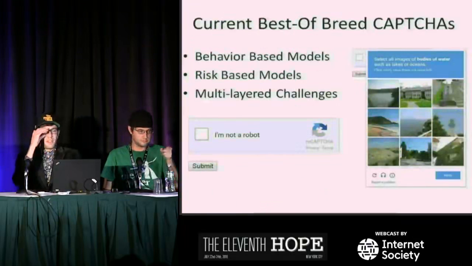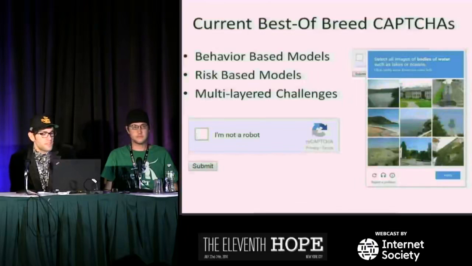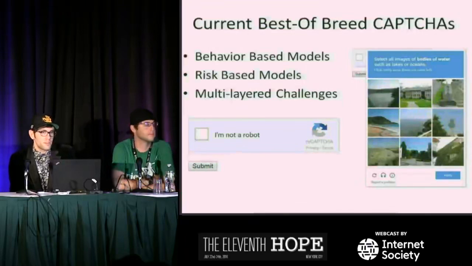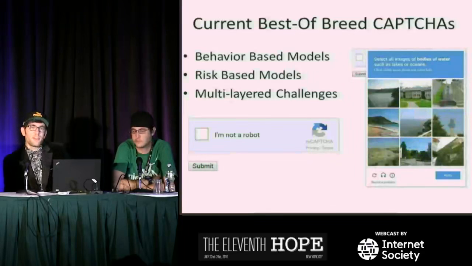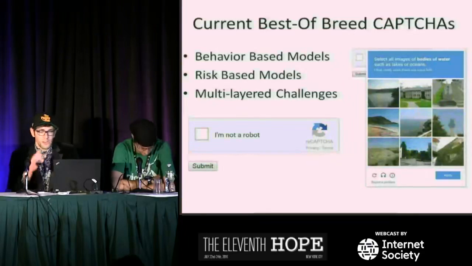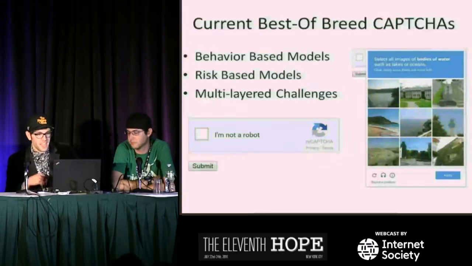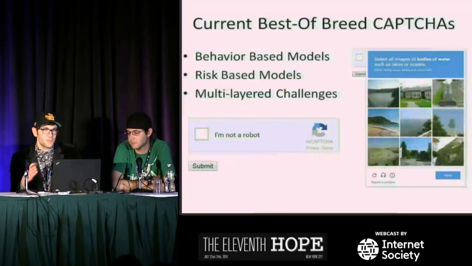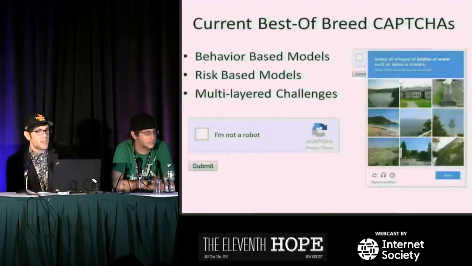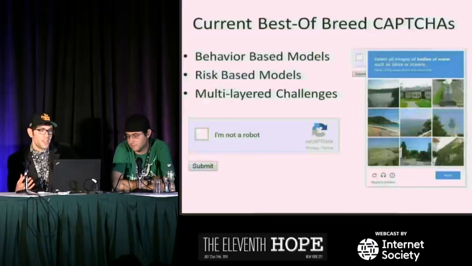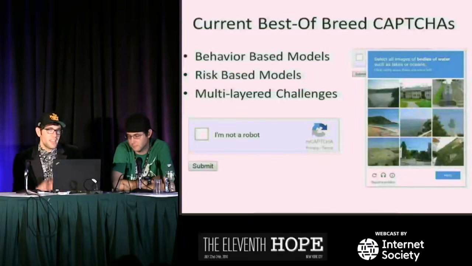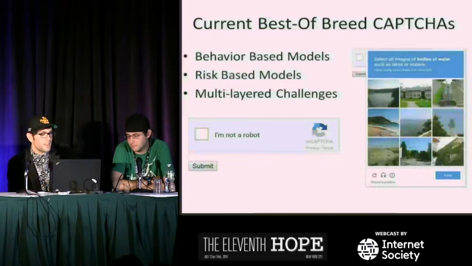So to the gentleman's point earlier, we will talk about current best of breeds, right? Now we're seeing migrations away from those 3 traditional ones to something called a behavior-based model. Behavior-based models ask the user, hey, what are you doing? Is this guy clicking on things? Is he clicking on things faster than a human would be able to? Is he populating every single form space text box on the page, even hidden ones? Those are behaviors that bots typically show, which can be targeted, identified, and stopped accordingly by behavior-based CAPTCHAs.